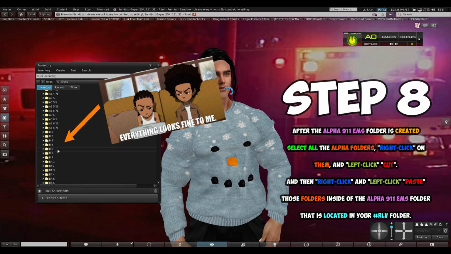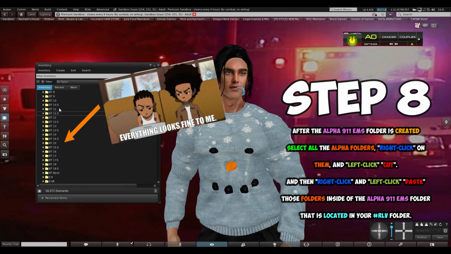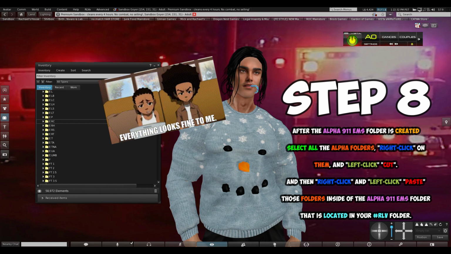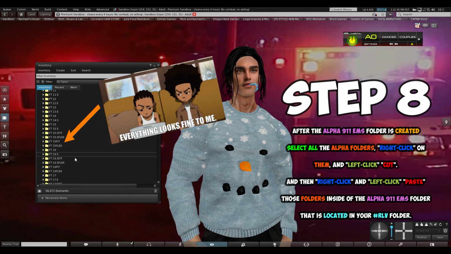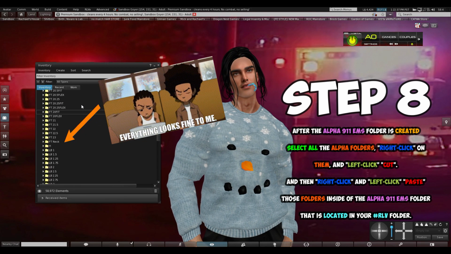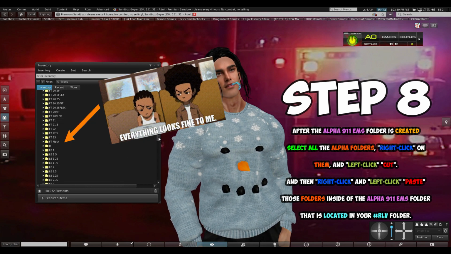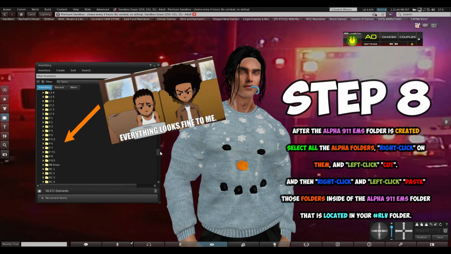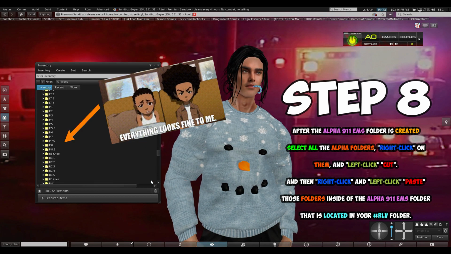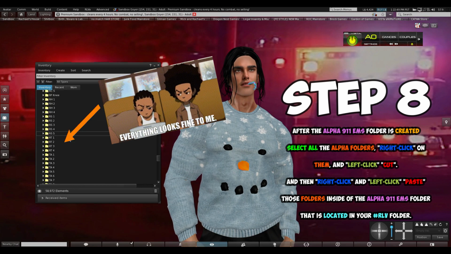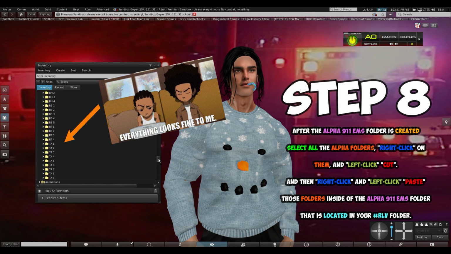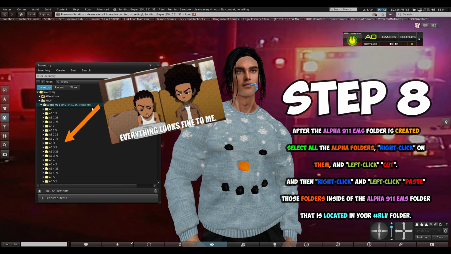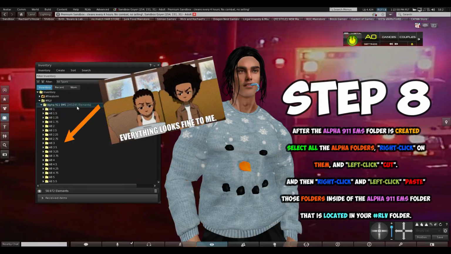So we're going to open it up and verify that every single individual alpha folder that is no modify permissions is in here. Like I said, be very careful when you're doing this because you don't want to put something else in by accident. They all should look like this, just like how you unpacked them. All 245 individual alpha folders. They're no modify, so we have to put them all in individually for the hashtag RLV/RLVA to work. After you do this, you're all done and set, and on to the final step.